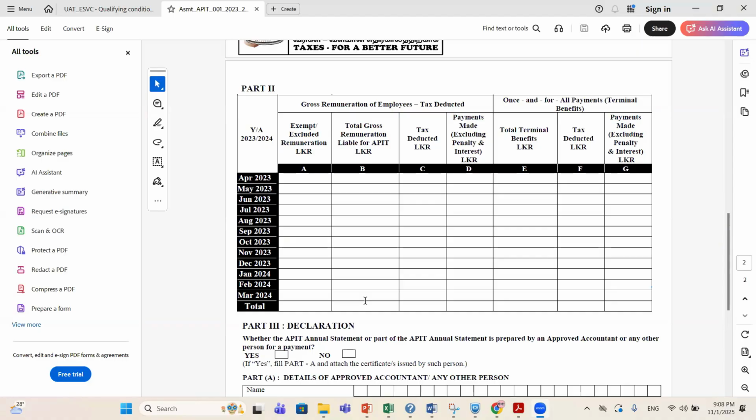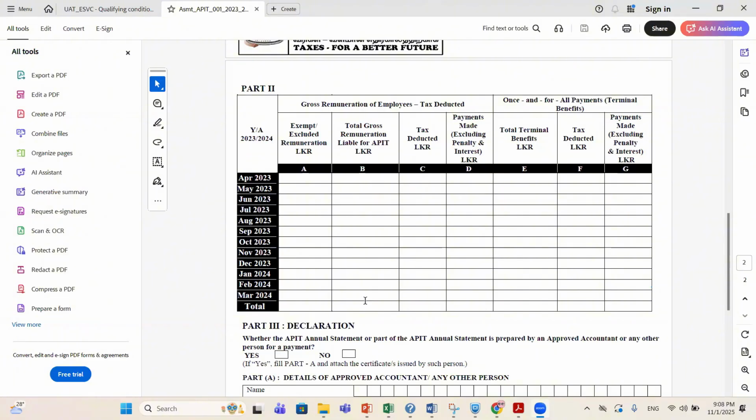The only difference is the telephone allowance. In the hands of a private sector employee, out of the telephone allowance, 50% will be liable, but in the hands of government sector employees, only 25% is liable, I think.